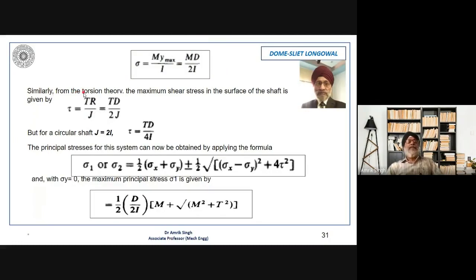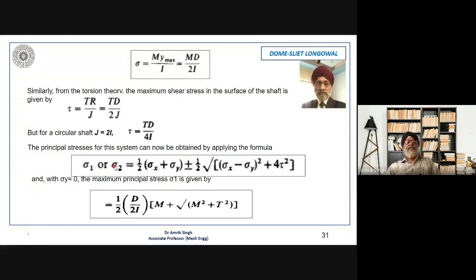So this will be the bending stress. And from the torsion theory, this is the shear stress. So this you can calculate. The shear stress for a circular shaft will be tau equal to T D upon 4 into I. Okay. So that means